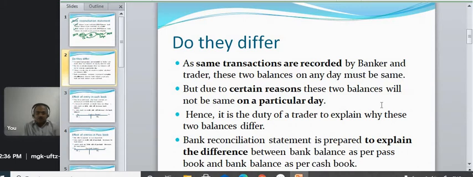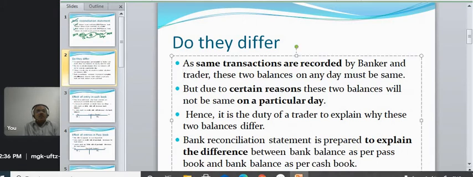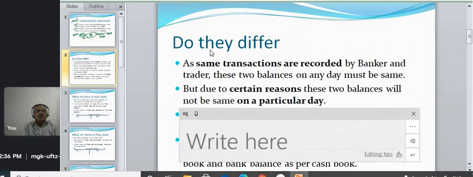So obviously, the money reflected in both books must be the same, right? As the same transactions are entered by both persons, the two balances must be the same,